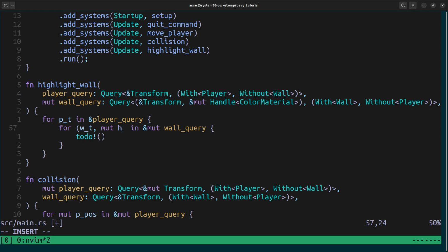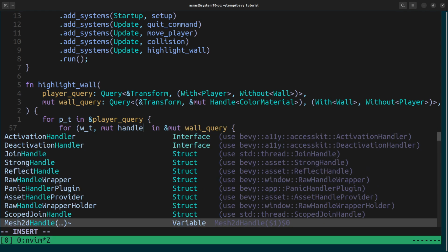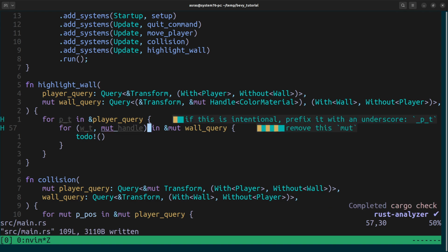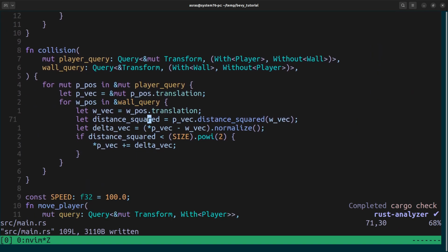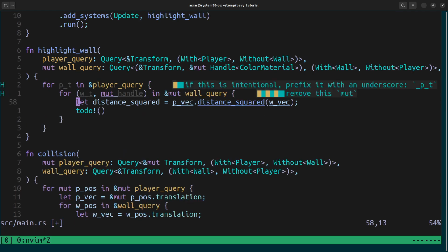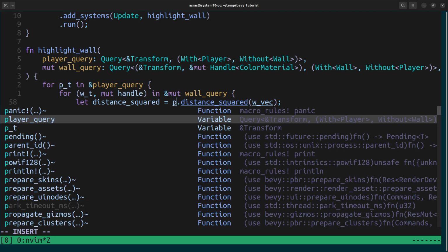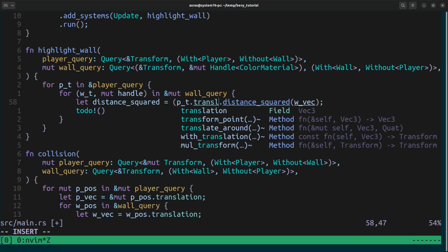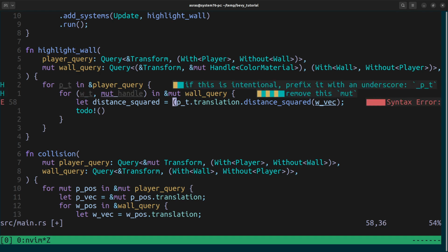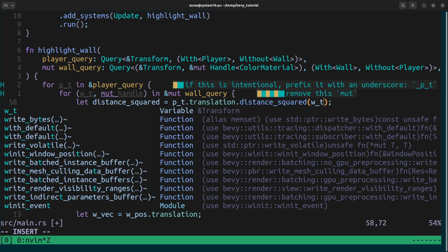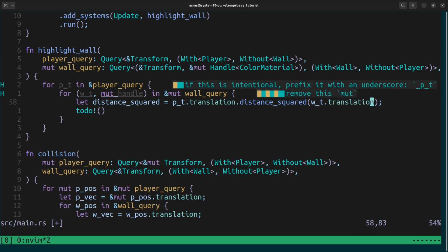And here we have the mutable handle with the material. And then we basically need to do this again. So this could be factored out, but we'll do the player translation and the distance to the wall translation, or wall